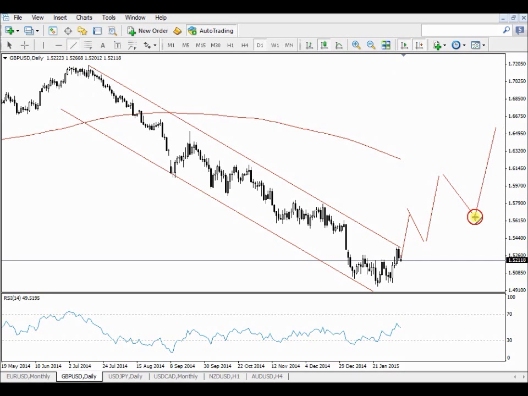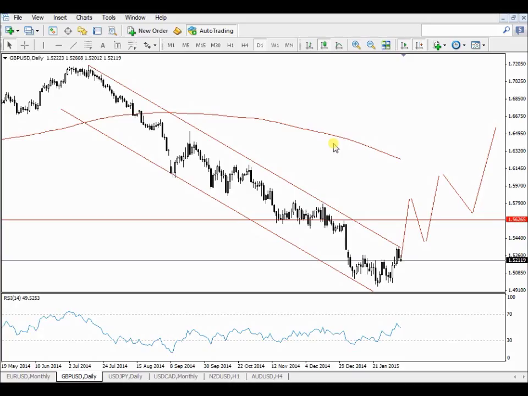And my first sign, like I said earlier, is that the resistance line of my trend will be broken. My trend line will be broken. And my second thing that must happen is that my resistance must be taken out. If that happens, I can assume there's a new trend coming. I want to buy in the market where I previously wanted to sell.